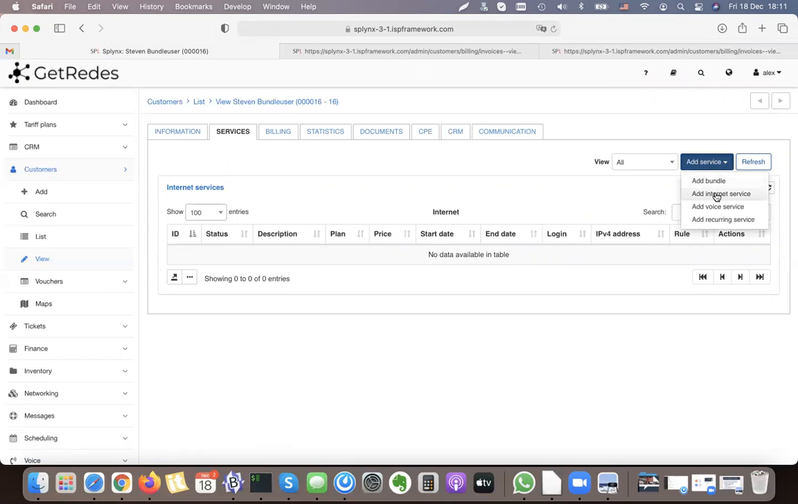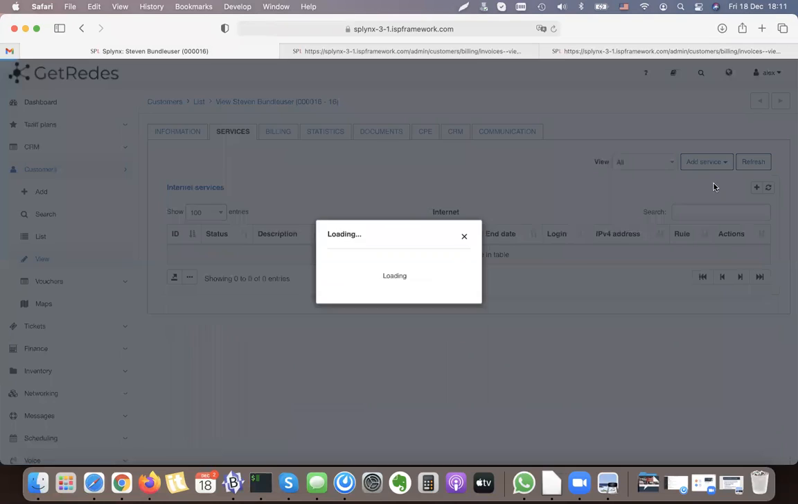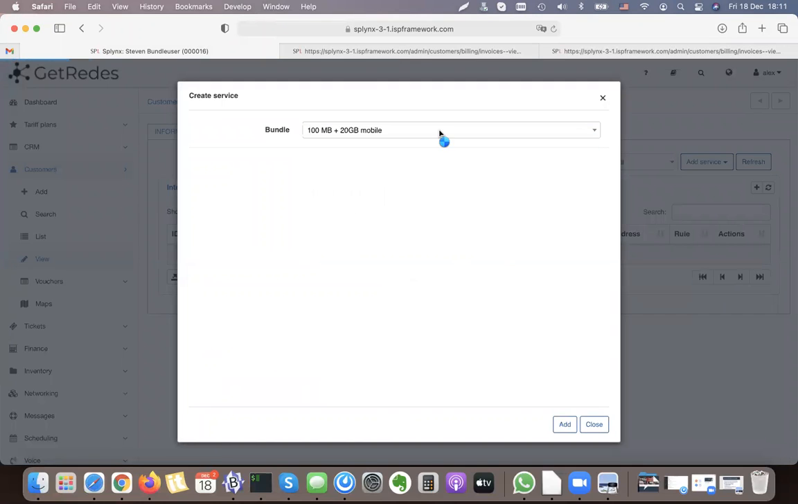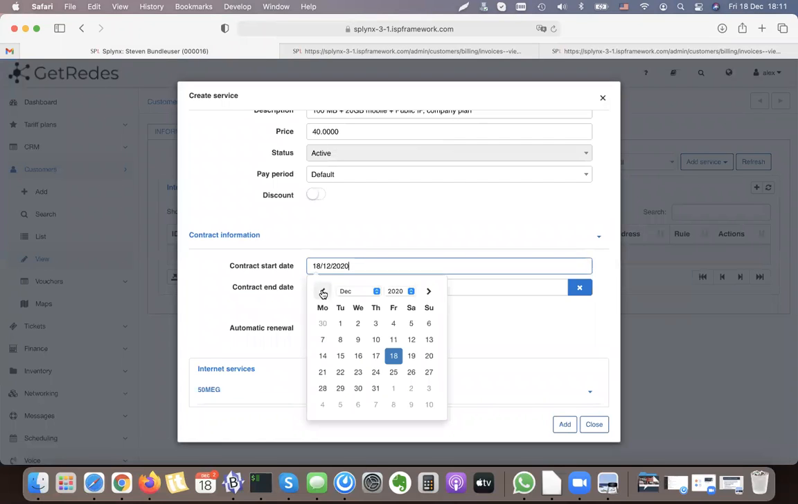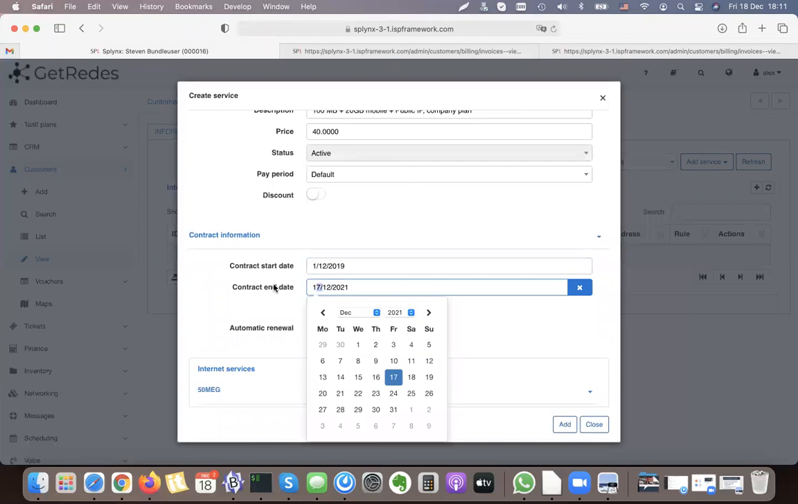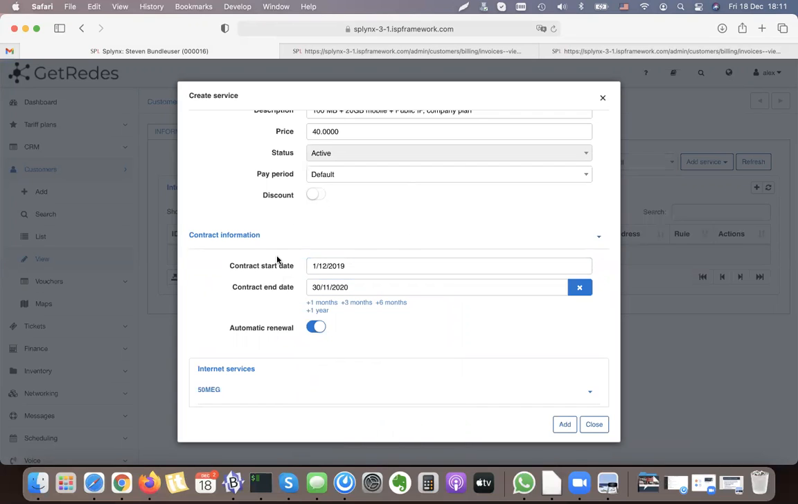So the cancellation fee, non-renewal fee, works in a bit different way. Let's say here is our bundle, and we say that, okay, this customer was with us from 1st December 2019 till 30th of November 2020. So it's like we were simulating that this customer was with us, but he is not renewing the contract. By default it is renewed, but he decided not to renew. So if the renewal is disabled,